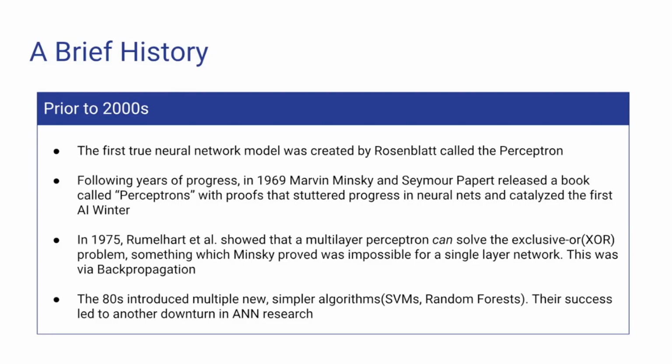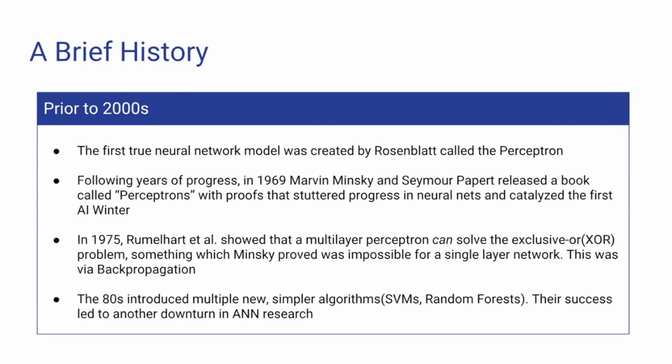Okay, so following that, again in the 1980s, we saw a renewal in funding due to simpler yet very effective algorithms, which can work on even smaller data sets than the majority of neural networks. Those were, for the most part, support vector machines and random forests, which is an ensemble of decision trees. And their success actually led to another downturn in neural net research, which seems counterintuitive on its face, but as was the problem with symbolic approaches, these really only went so far and just failed completely on very complex problems. So, again, connectionist models were the path we needed to start heading down.